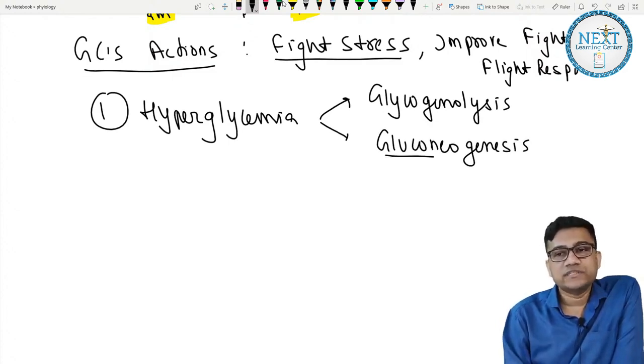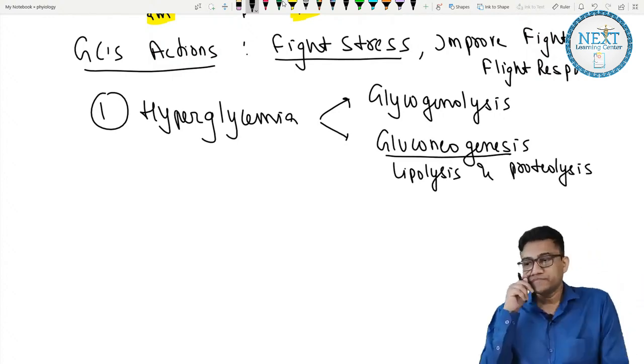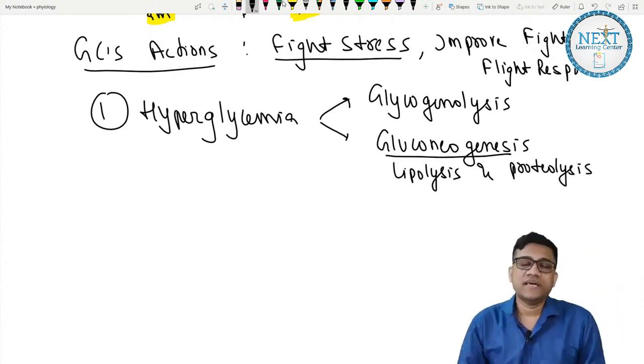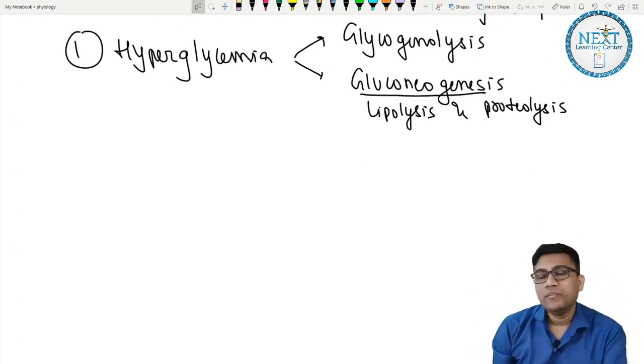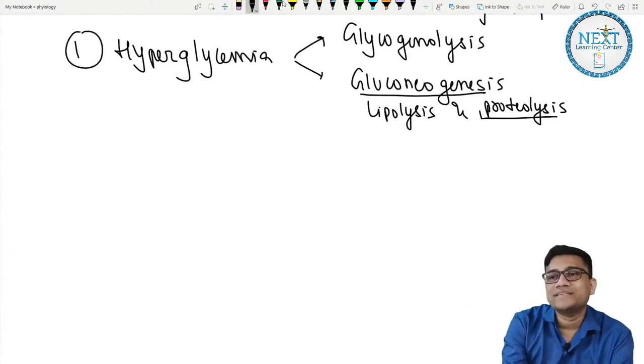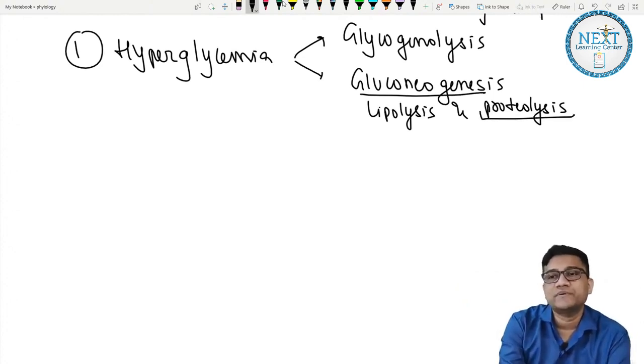And gluconeogenesis is by lipolysis and proteolysis. Okay, so lipolysis and proteolysis. Are you clear? Now what is proteolysis done from? It is basically skeletal muscles. Okay, example, which muscle? So it causes muscle wasting,